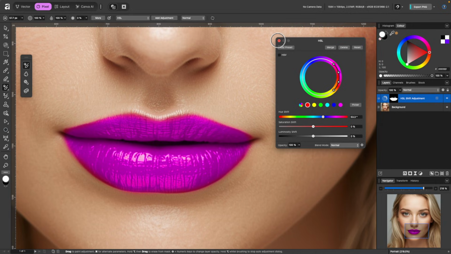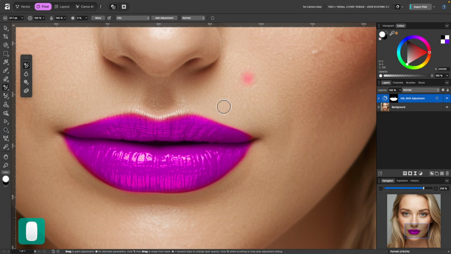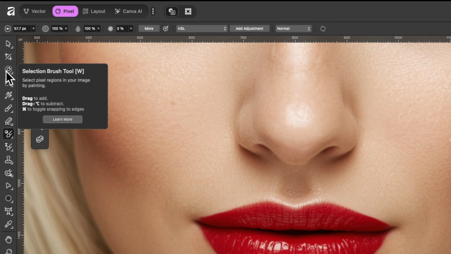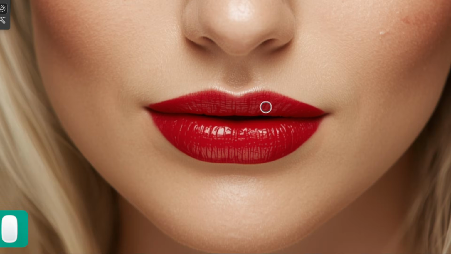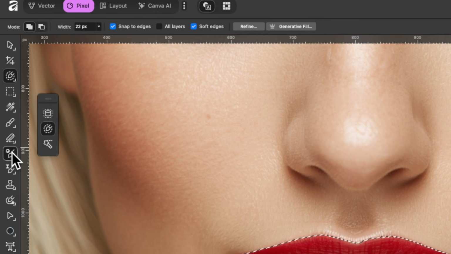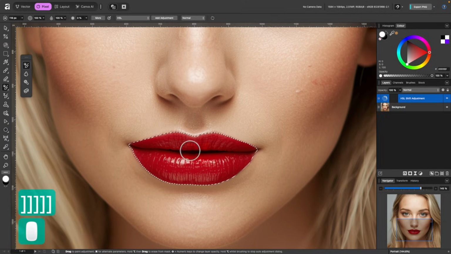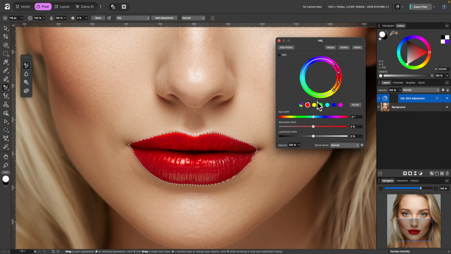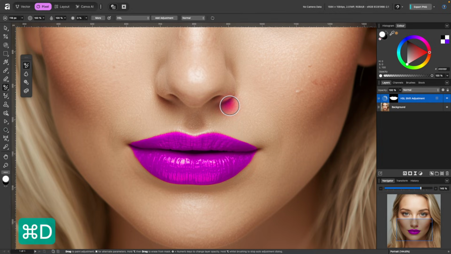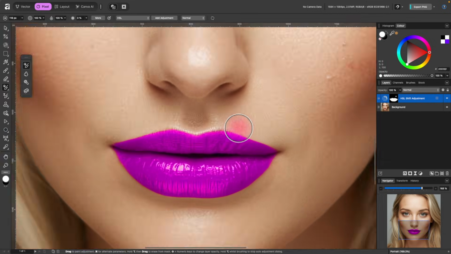So obviously this requires a little bit of skill, and you don't actually have to do it this way. Maybe a slightly easier way would be to use the selection brush. So in fact, I will delete that layer just so I can show you maybe a quicker way of doing it. Go up to our selection brush tool, click on that, and I'll just click and select. There we go, the lips are already selected. And now I can go back down to the adjustment brush tool, and I'll make the brush bigger, and I'll just start painting in, and again that pops up. I'll just whack it over to the color I wanted. There we go, and I'll continue painting, and I don't have to be so precise this time. And I'll just close that down and press Command D to deselect that, and it's done a pretty good job. Now of course I can erase portions where it's gone slightly over, but I'll just leave it like that.